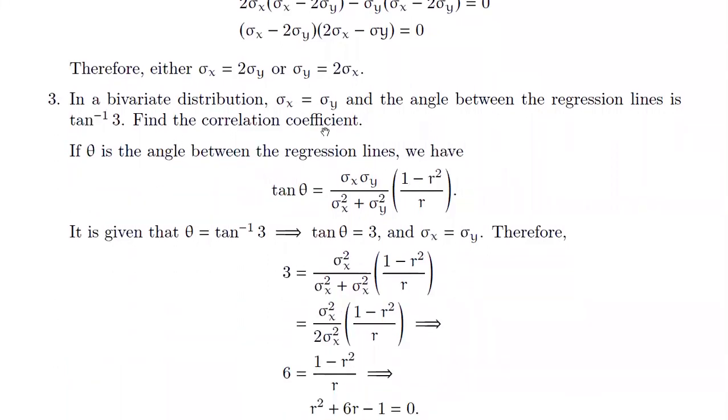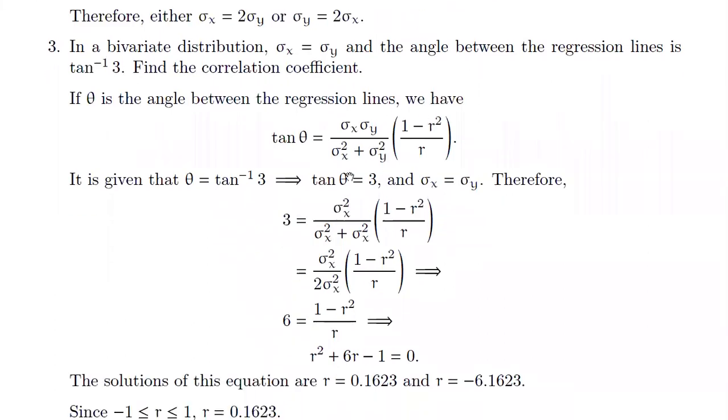In a bivariate distribution, sigma x is equal to sigma y, and the angle between the regression lines is tan inverse 3. Find the correlation coefficient. So here they have given the relation between sigma x and sigma y. What they are saying is these two values are equal. Using this assumption and also by using the value of theta, which is equal to tan inverse of 3, we have to find the correlation coefficient r. Now here